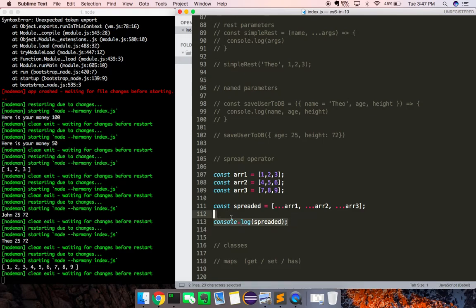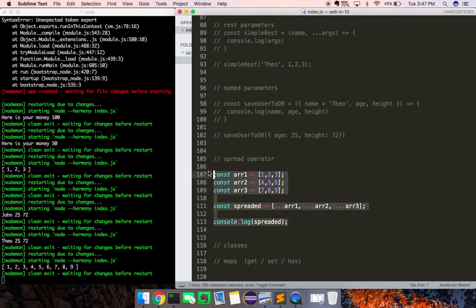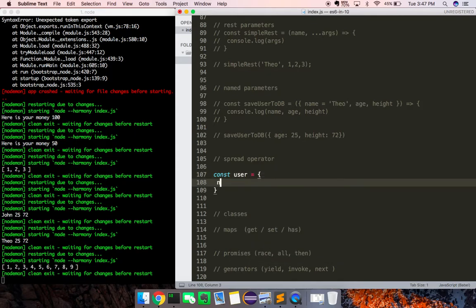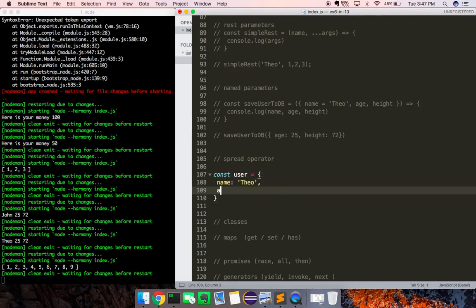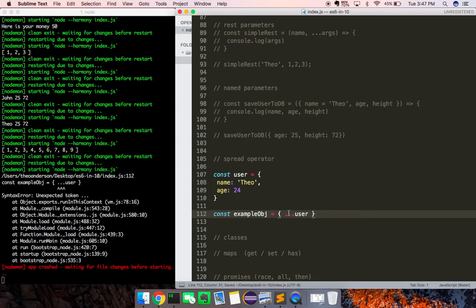This is a really popular pattern in passing props in React. So you can also do it with the properties of an object. So what I could do is I'll show this, I could just have a const object, maybe just a throwaway object. It's a user, has a name of Theo, and an age of 24, and then I could say const example object is going to be equal to basically just this user object, and